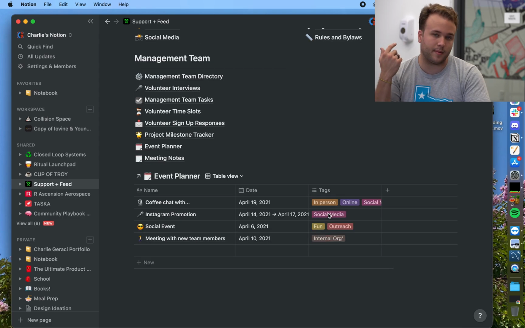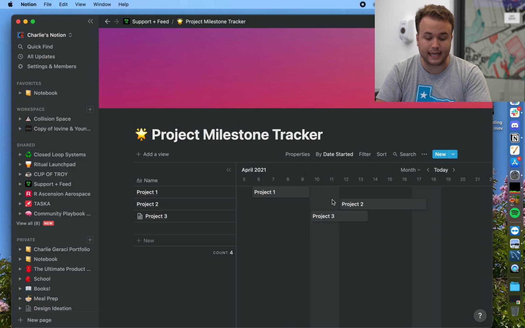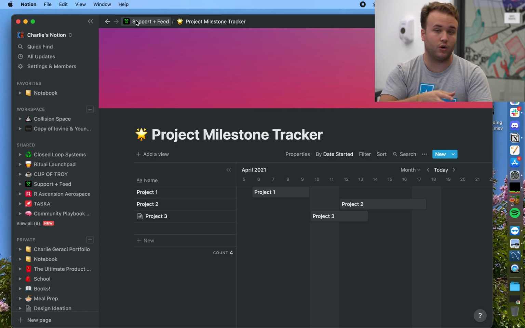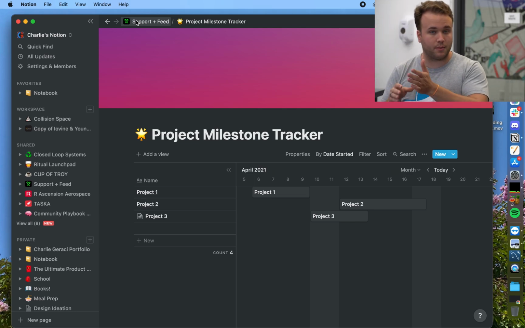Another little thing to keep in the back of your head, not required. Project milestone tracker, exactly the same layout as the meeting notes that I just showed you. A range of dates, through time, which is great. So project milestone tracker can help keep things going over time. So if you have multiple stages, project 1A, project 1B, project 1C, all these stages will have timelines. And if time passes and not a checkbox or something else hasn't been checked, you can actually